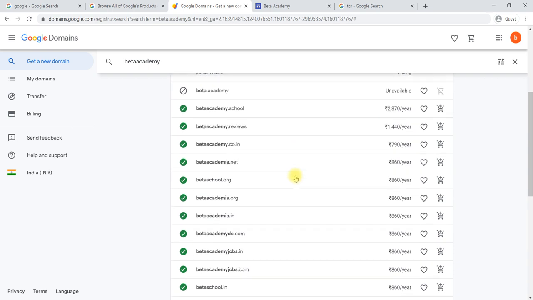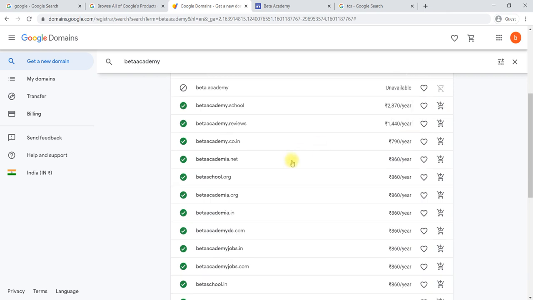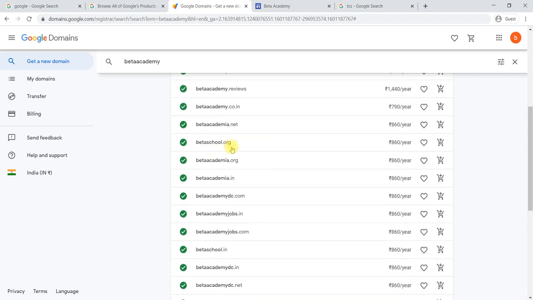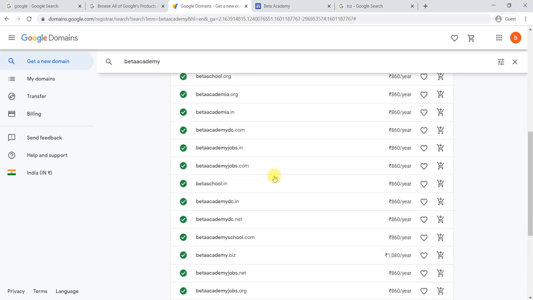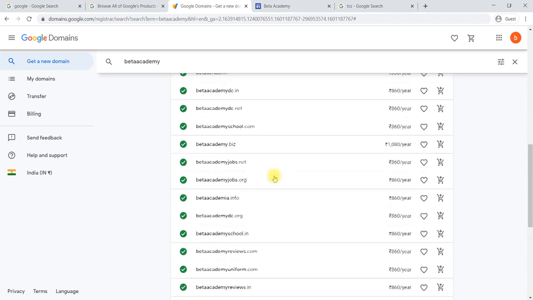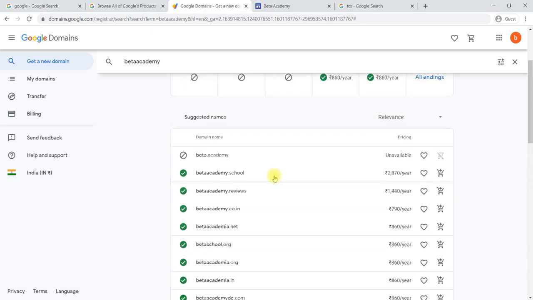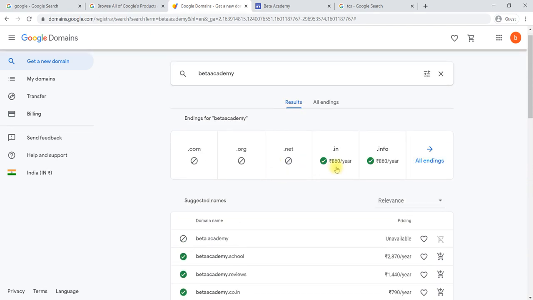If you like this particular domain name, you can buy it. Here you can add to cart, or betaschool.org. Whichever is suitable for you, you can select that one. For example, here you can select betaacademy.in. In is nothing but India.